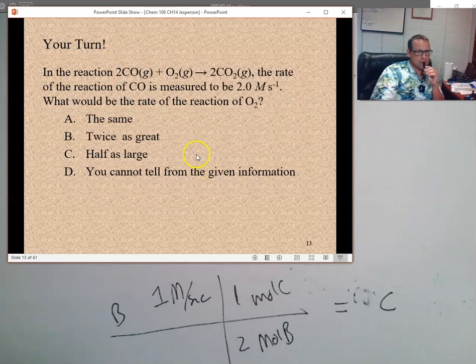All right. So one more here. We'll take Sarah. What do you think here? Here's a reaction. The rate of the reaction of carbon monoxide is measured to be 2 molar per second. What would the rate of the reaction of oxygen gas be? One second. So we have, this is,